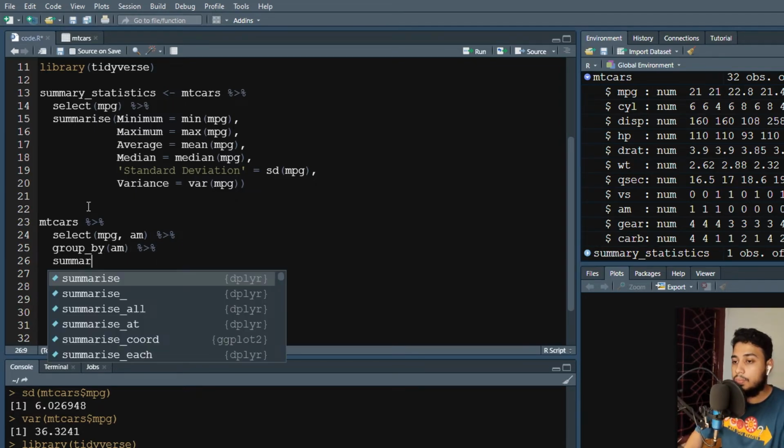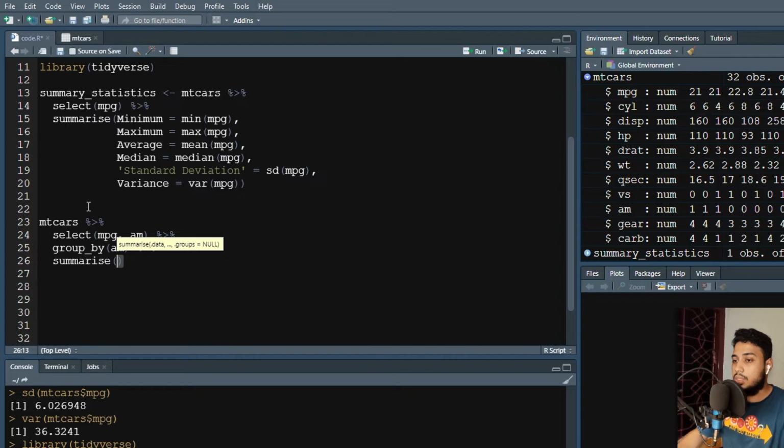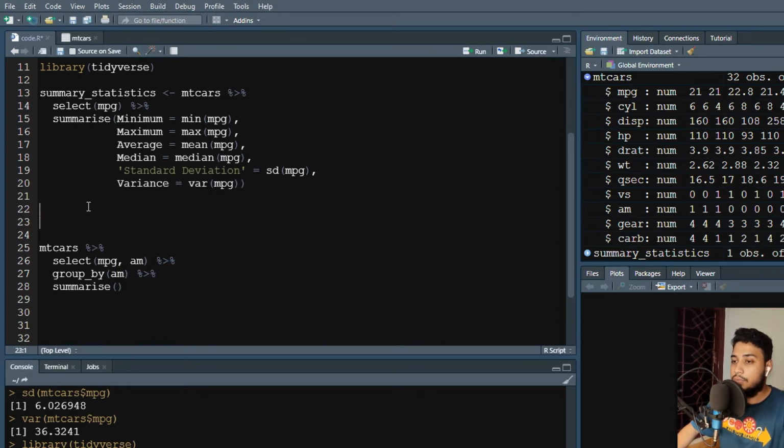Now summarize. Oh, before using this, we have to convert this am variable into a factor. So mtcars am factor,